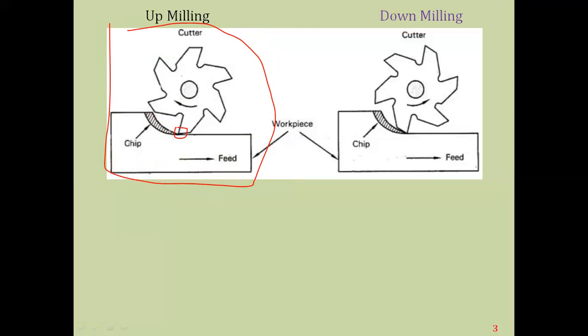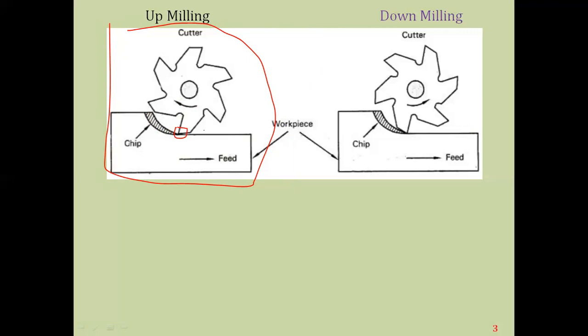Generally, we use a natural coolant such as water, or you can use any other chemicals which have excessive heat absorption capacity, such that they can increase the tool life. If this heat is not removed, then it leads to damage of the tool as well as damage of the surface finish. So here in the up milling, you should have a good circulation of coolant, such that when the cutter moves in the upward direction, if you supply the coolant at this particular position, it can move the coolant away from the cutting zone also. This is very efficient.